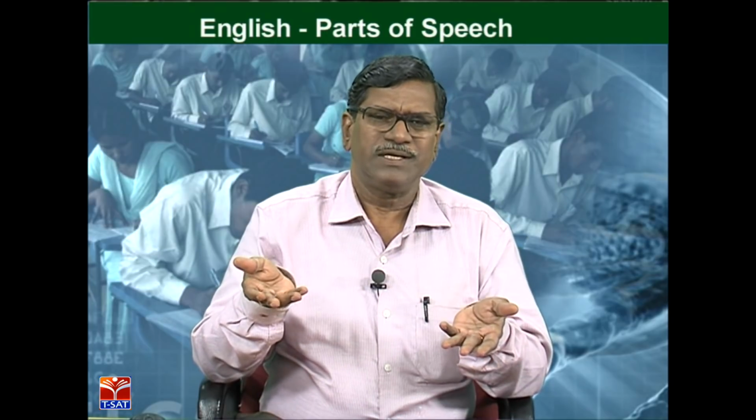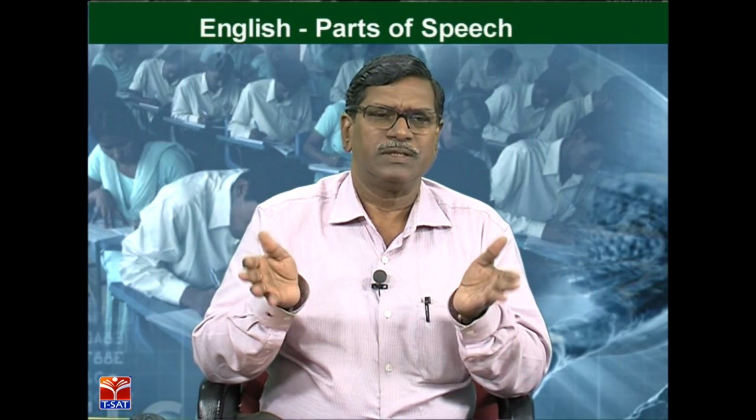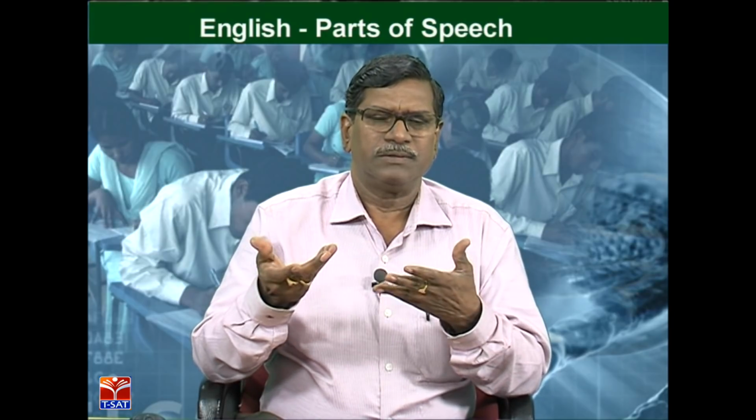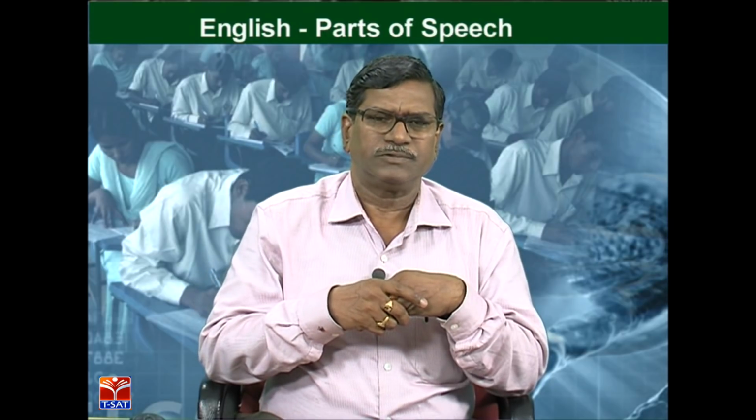Are there any other things which we cannot see or touch? Yes, there are. The evil, the goodness, or bad. Some people are considered to be bad. Some people are considered to be good people by means of their actions. So evil, good, truth, these are all the things which we can notice only with our thinking ability. So they are called abstract nouns.